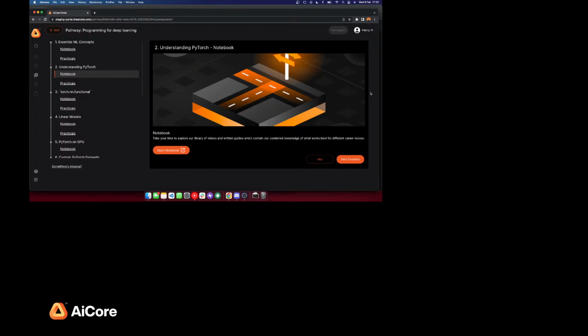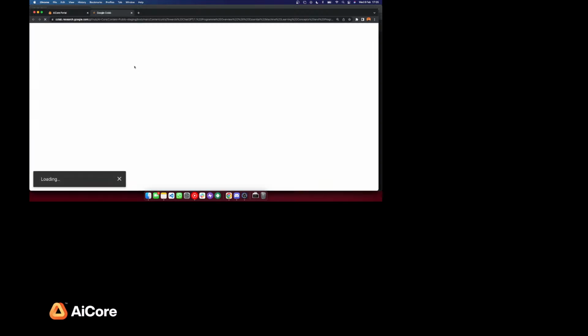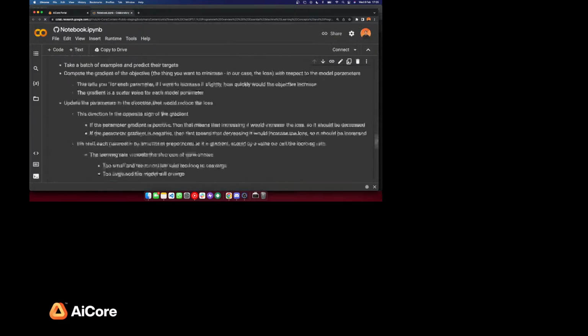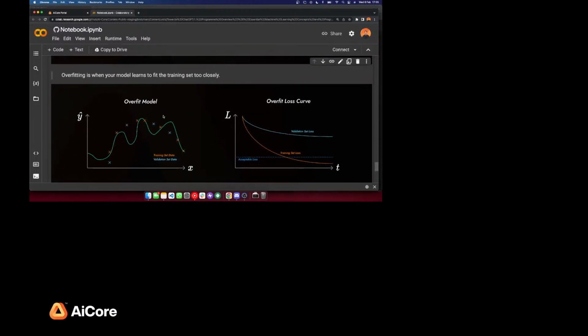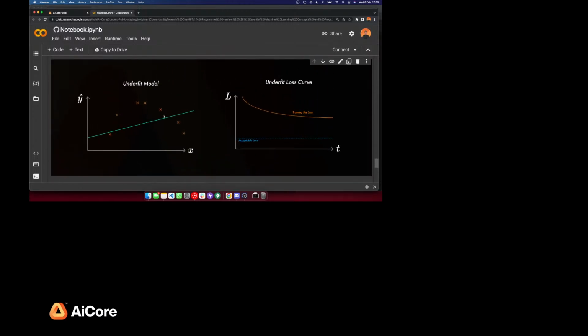Question: we didn't go through the underfit and overfit models at the end yesterday. Okay, cool. We can take a look at that very quickly now. One thing we didn't talk about in lesson 1 is the difference between these two things. The first one, underfit models, is where you essentially have a model